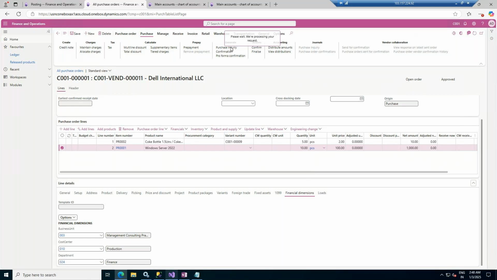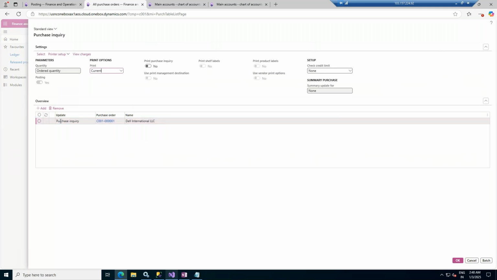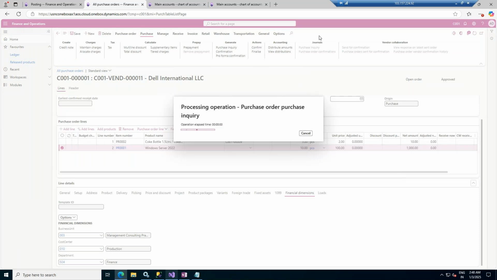So this will create a report, and a journal will be created against it. See, this is the purchase inquiry, and you are saying that okay, this is the purchase inquiry of the purchase order, and click on the OK button. What will happen, a purchase inquiry will be created over here, a journal will be created, a report will be created for you. So this is the initial step. Okay, and to check everything is working fine against this purchase order,